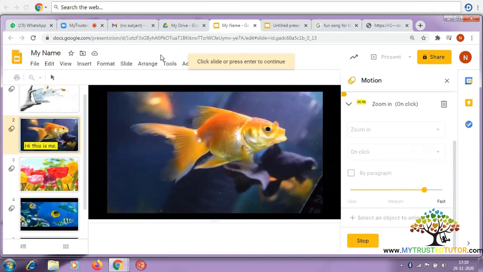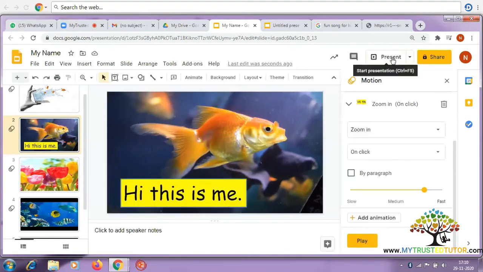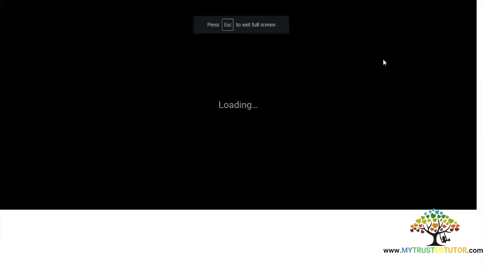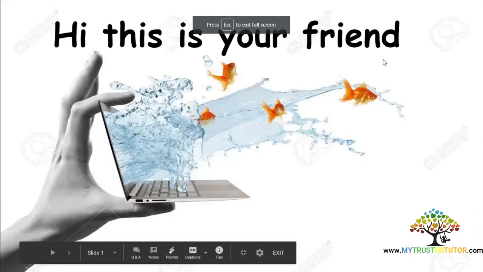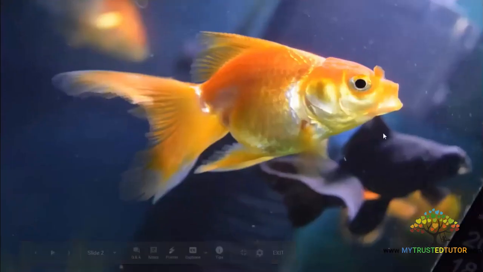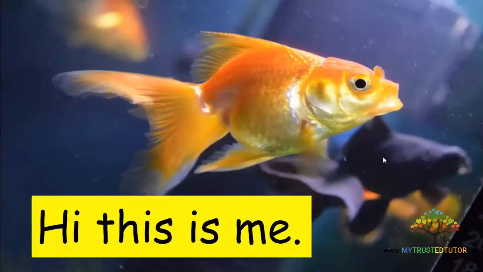So this is getting zoomed in. I'll present it once again and show you. So only the picture comes, and then when you press on the navigation, you get this picture zoomed in.